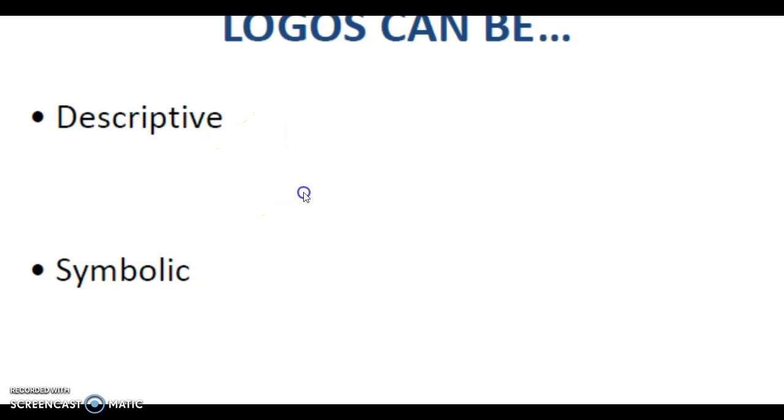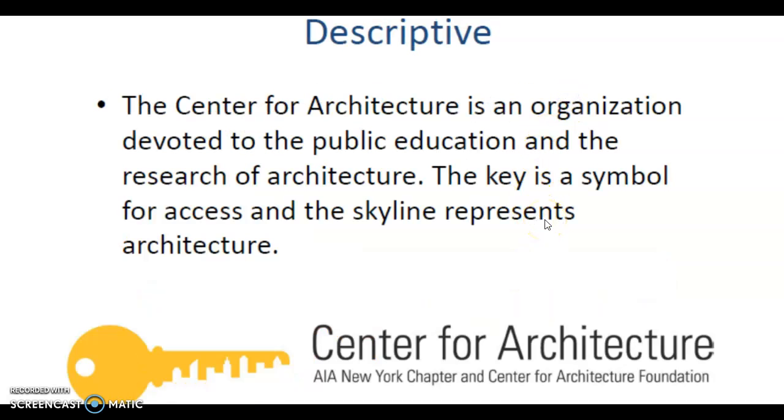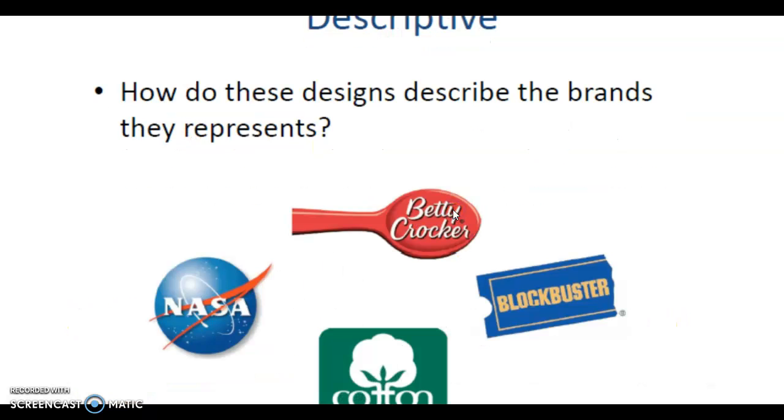So logos can be descriptive and symbolic. This is an example of a descriptive logo. When we look at it, what do we see? What do you think that organization specializes in? See a key? And the skyline, right? So those two things together symbolize access. The key is kind of like a symbol for access, and the skyline represents architecture. So that's kind of the idea behind the Center for Architecture. That's why that's their logo. So of these ones, how do they describe their